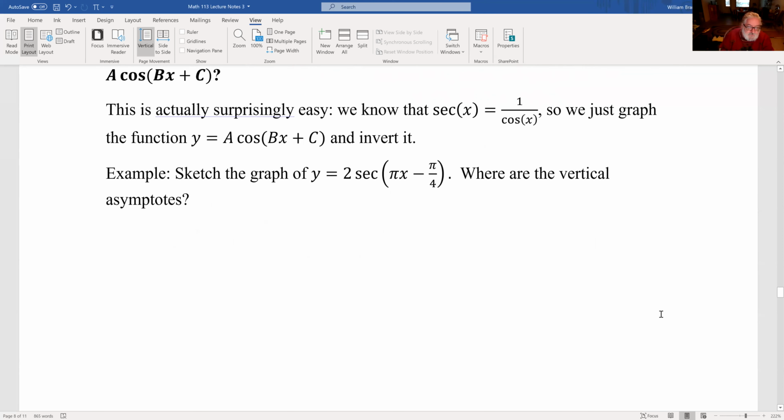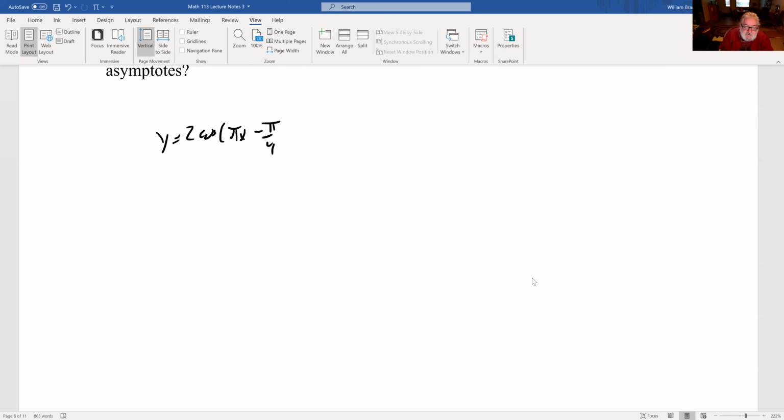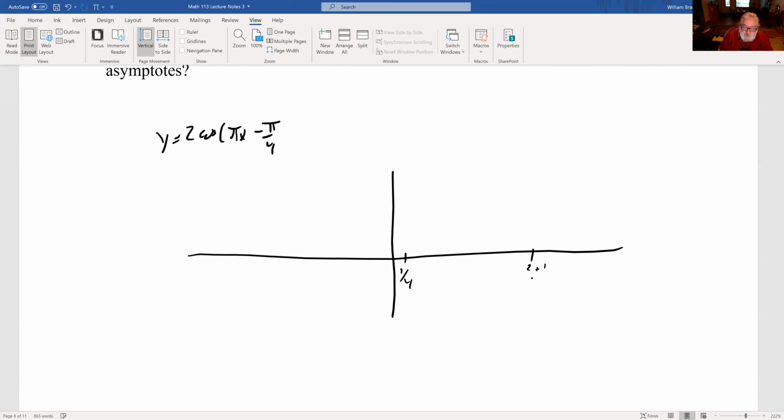Well, we'll start with our graph of y equals 2 cosine of pi x minus pi over 4, which we just graphed above. So I'm going to put that down here so I have enough space. It started at 1/4, went to 2 and 1/4. Amplitude was 2. How do we graph that? Cut this in half, cut this in half, cut this in half. Positive, 0, negative, 0, positive. So there's one cycle of